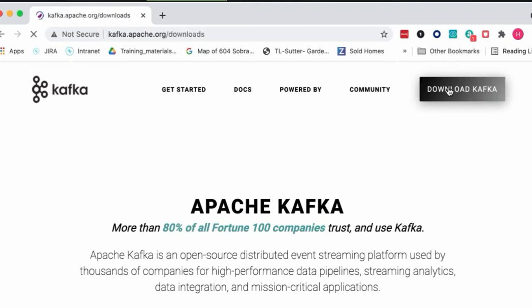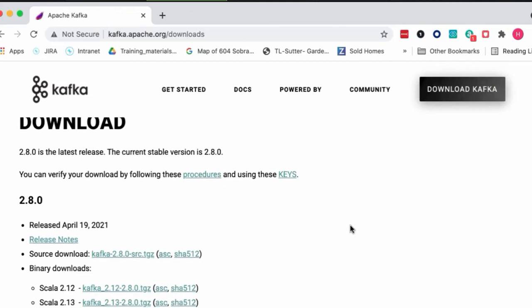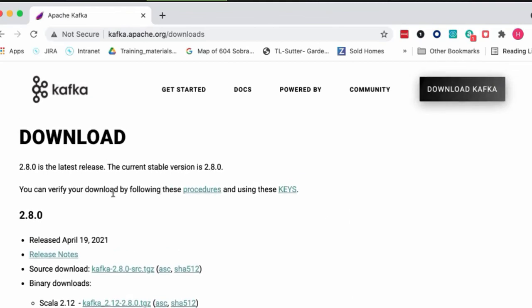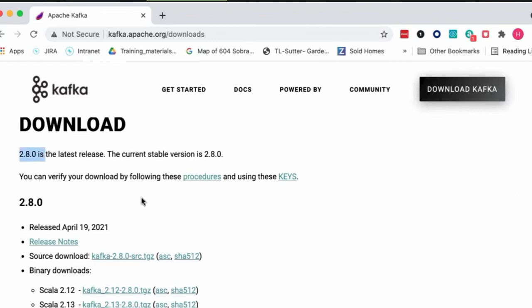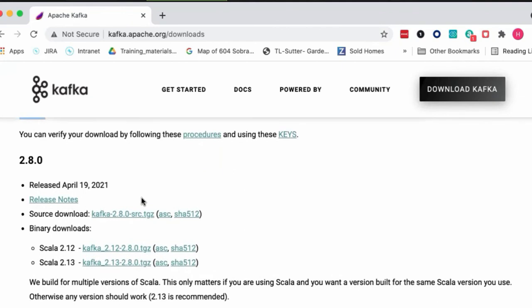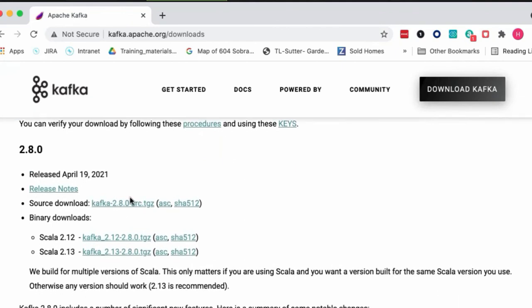I go to download Kafka. And look at this. When I say download Kafka, this is the first place that I came to start. This is the latest release. Pretty soon we'll have 3.0 coming out. But notice that I can get the source code. Number one, notice it says Scala, and you see the 2.12, and you can see the name Kafka 2.12. It gives you the Scala release as part of the source code.